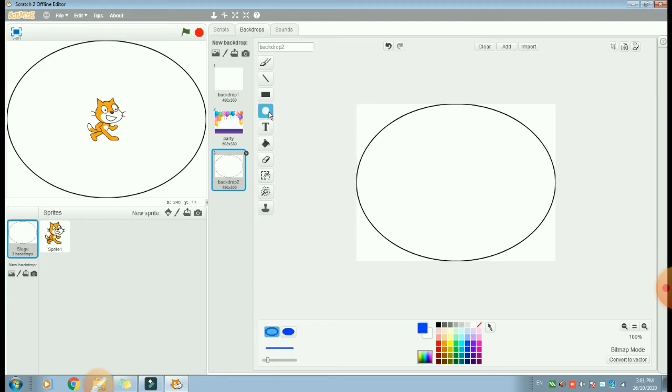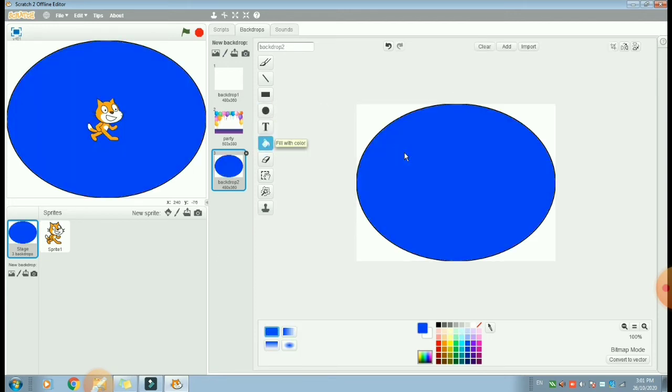Let's select blue and fill with color. Now you can see the backdrop of the stage will change, and whatever we draw is applied to our stage. So this way you can paint your own backdrop that you want and apply it to the stage of the Scratch project.